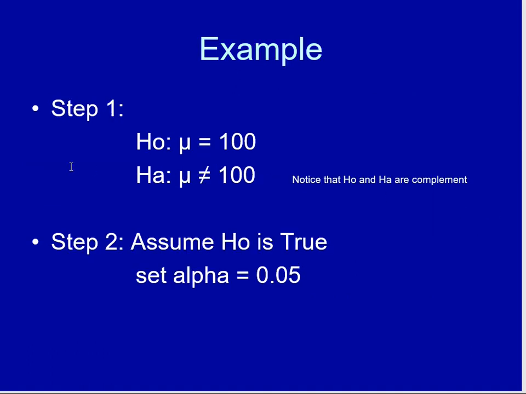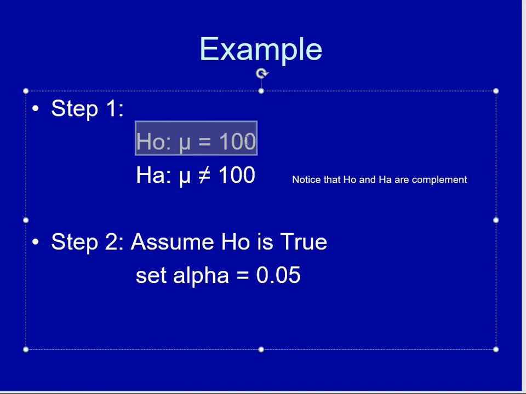Well, if you remember, your step 1 is your null hypothesis. Your null hypothesis is you're going to take things at their face value, meaning if the company says it's 100, I'm going to believe it's 100. So you're going to write the null hypothesis: the average concentration of calcium per pill is 100. And notice you're writing mu. You're not writing X bar, because you're saying in the population of all pills produced by this company, the average